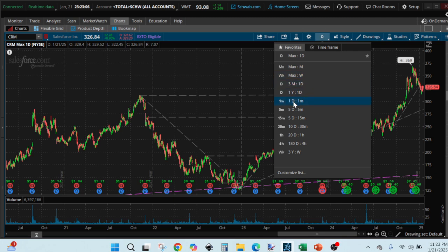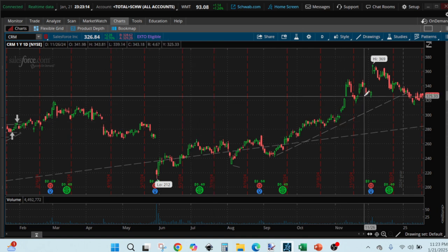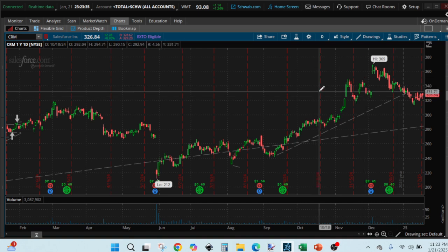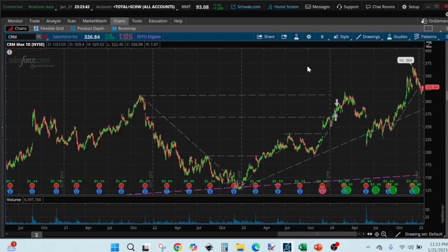Yesterday the price went down, and you see on 1 year daily chart you cannot see what we just noticed on the maximum daily chart. You cannot notice the whole thing on 1 year daily chart. You may not even have that feel for the pattern the way we just explained those 2 mountains or 3 mountains. You can't really see it clearly on 1 year, because the 1 year daily chart only shows you what happened during that 1 year,